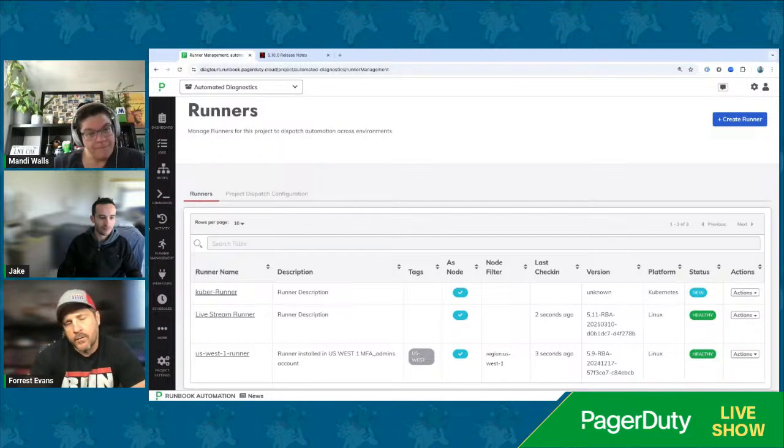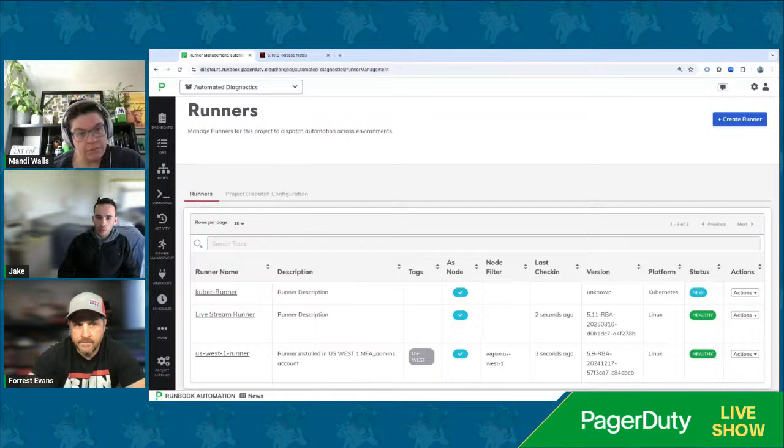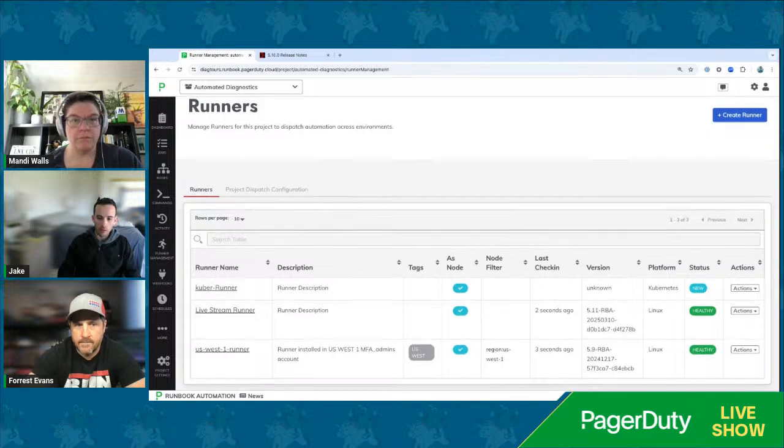Is there any code difference between those packages, or so customers may have already developed processes around this and they're using the download or the Linux version in their Kubernetes or their Dockers? Is there any difference between the runner code, or are we just presenting streamlined ways for getting it up and running? Good question. So there's no difference in the actual artifact code, but we are beginning to put in some